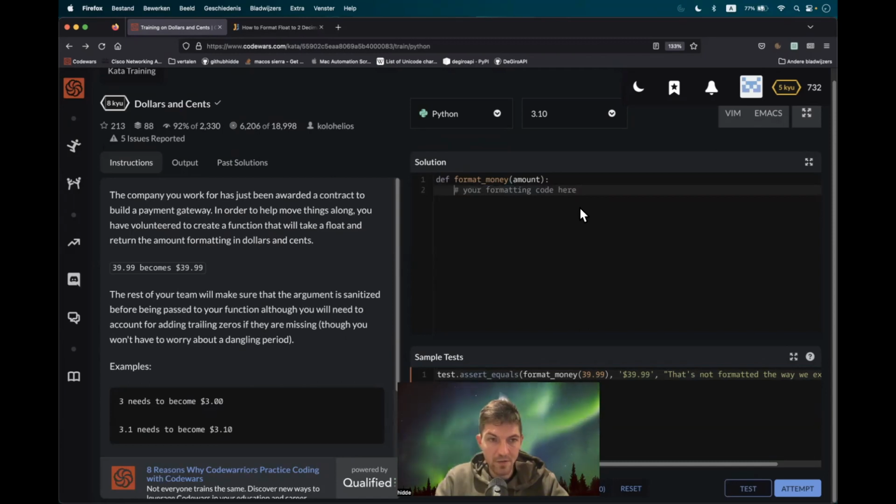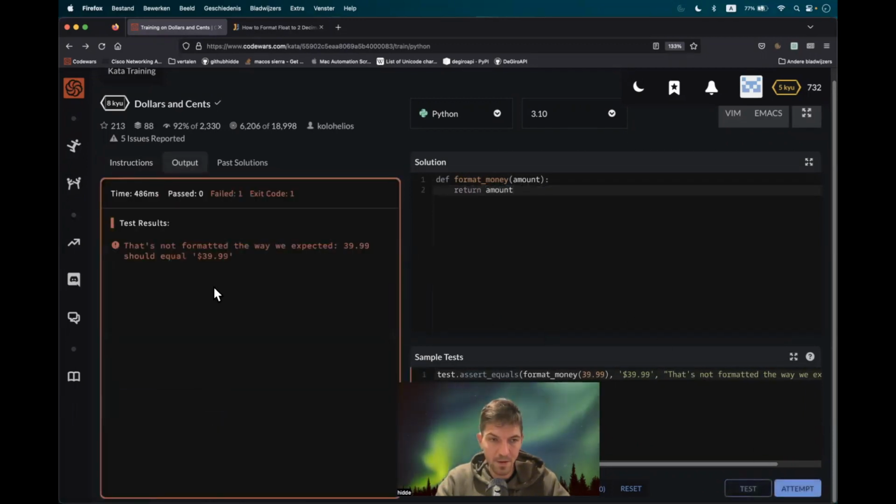We have volunteered to create a function that will take a float and return the amount formatted in dollars and cents. Well, what we have to do is the following. When we return the amount, it won't be enough. We have to format it. As you can see, we have to add a dollar sign and we have to return this float as